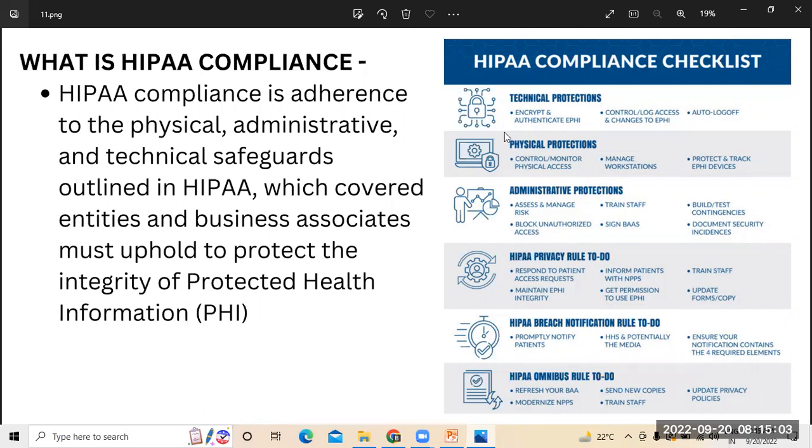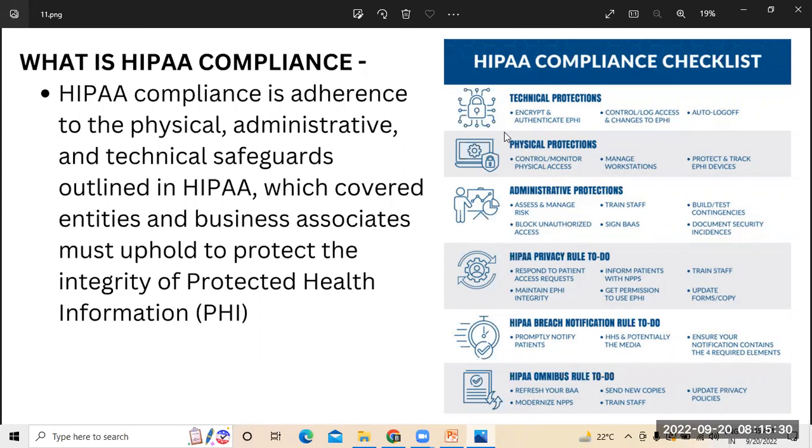So there will be some controls, as well as log access, which will be given with limited access. Right? That will not be given to everyone, right? So that is what we call log access. That is another important point under the technical protection.